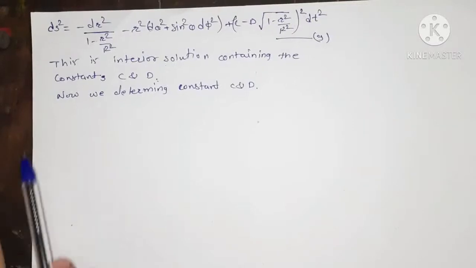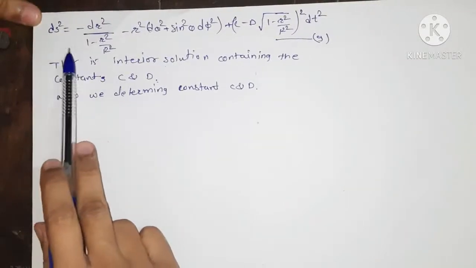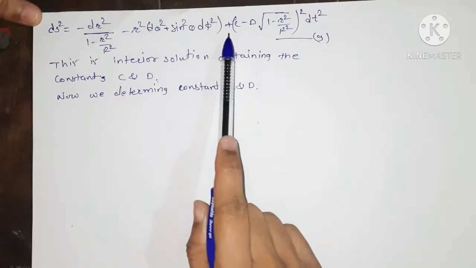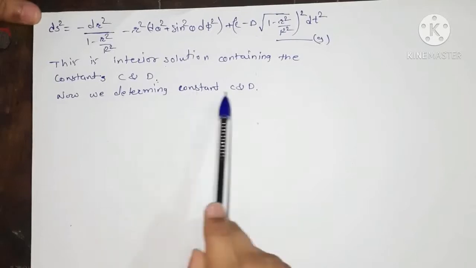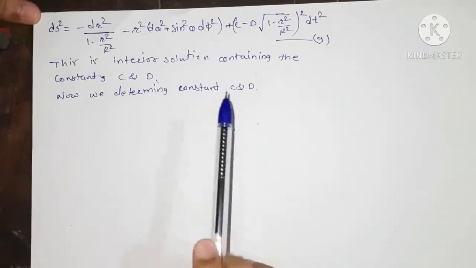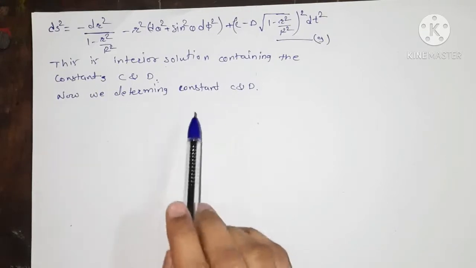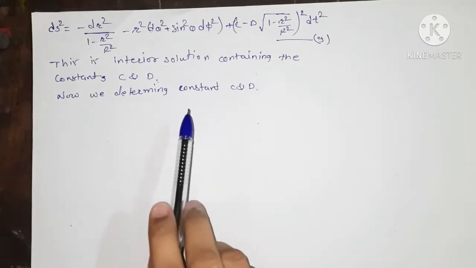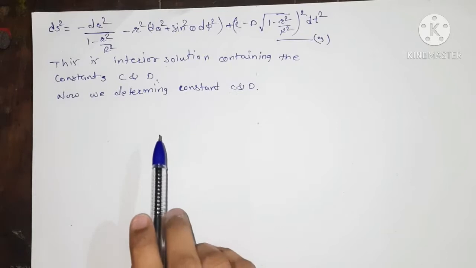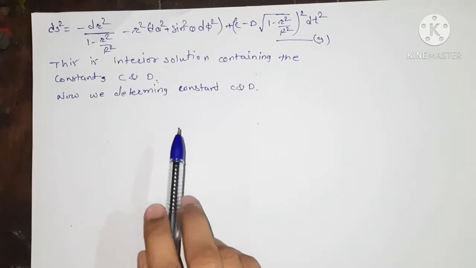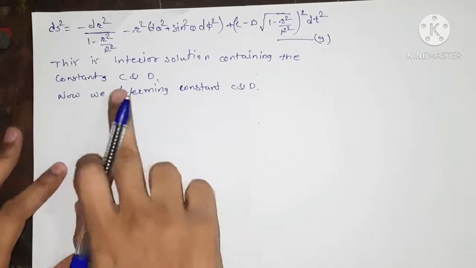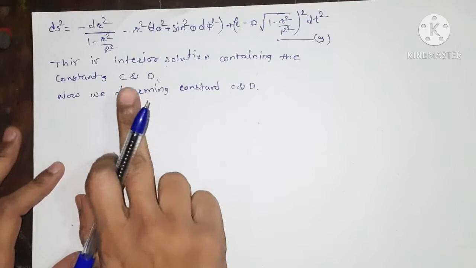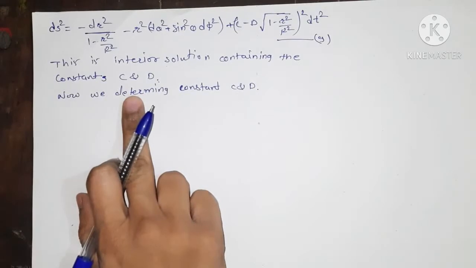So in the last lecture, we determined the Schwarzschild interior solution, and it contains the constants C and D. Now in this video, we find the values of the constants C and D, and this can be done by solving the equations for the values of pressure and density. As we know the values of e to the power minus a and e to the power b, we find the relation between C and D from the equation G11, which is a field equation in which we have the value of pressure.